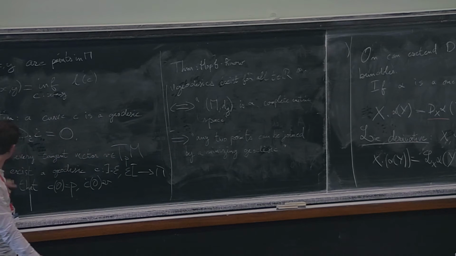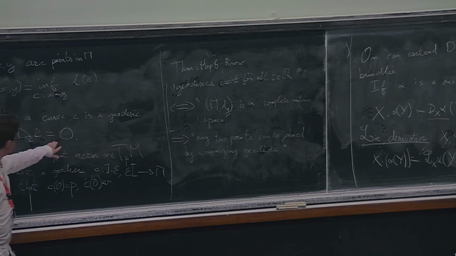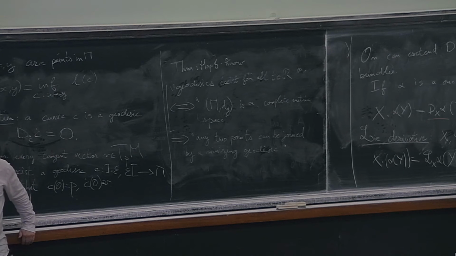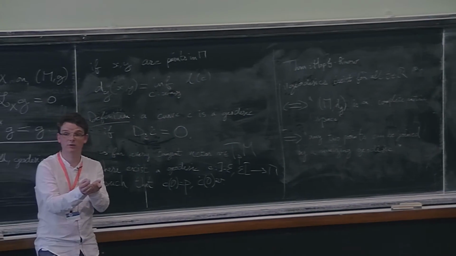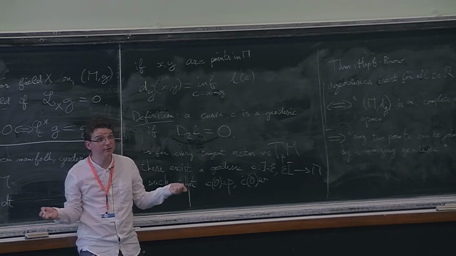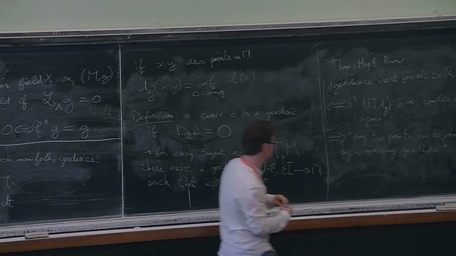So it follows from this Euler-Lagrange equation that on small time intervals, geodesics will be length minimizing, but they need not be globally length minimizing. For instance,